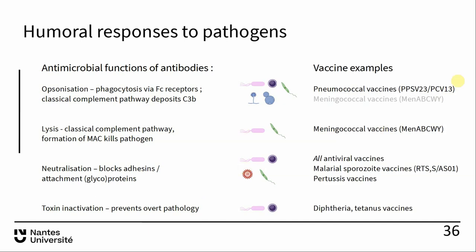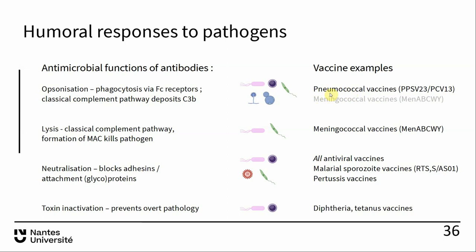So, for example, pneumococcal vaccines are composed of multiple different capsule antigens, you get antibodies against these capsule antigens, and binding of the antibodies to the surface of the bacteria allows them to be phagocytosed and killed. So that's the most important effector mechanism for resistance to